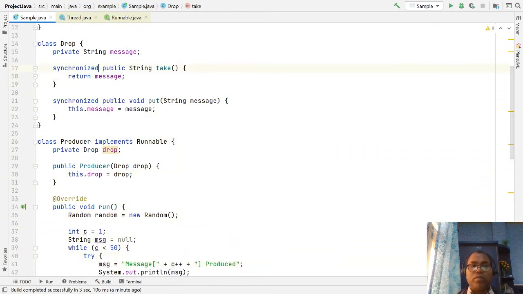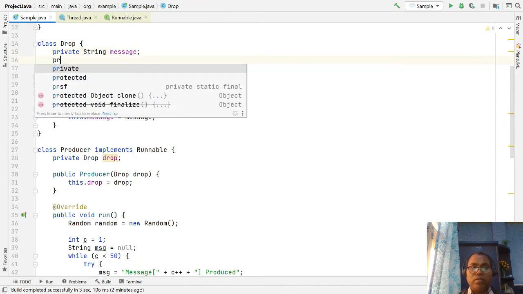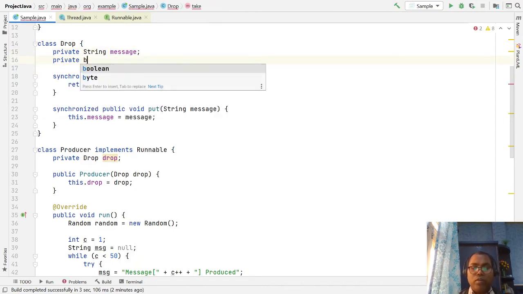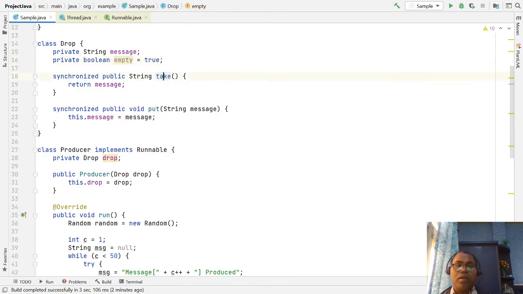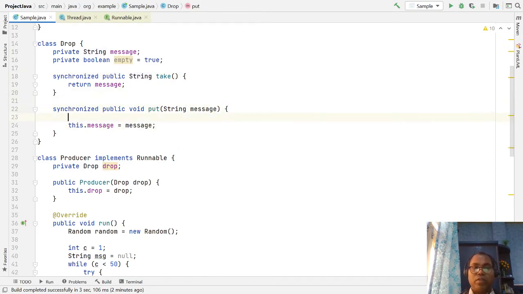But whenever we take, until there is a message, this should wait. So here I am going to take a variable like boolean empty equal to true. Initial value is true. What happens first: whenever it is empty, then we have to put some message.